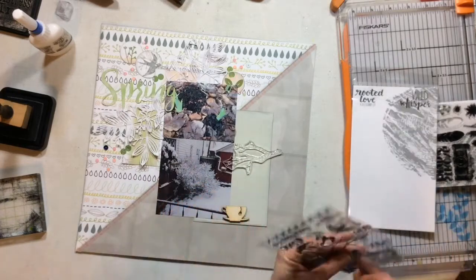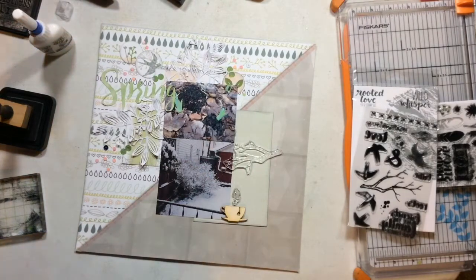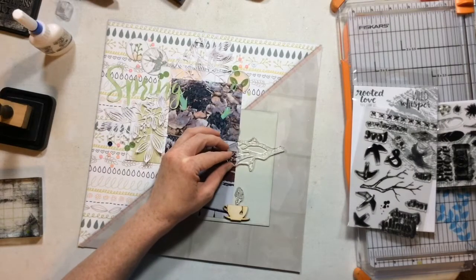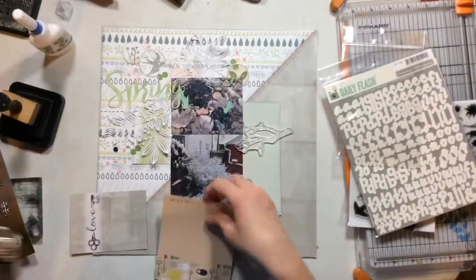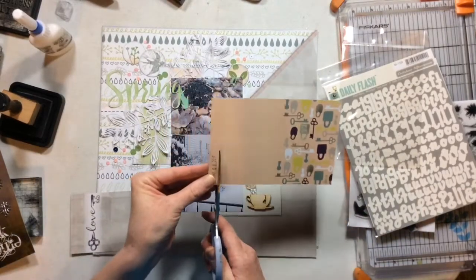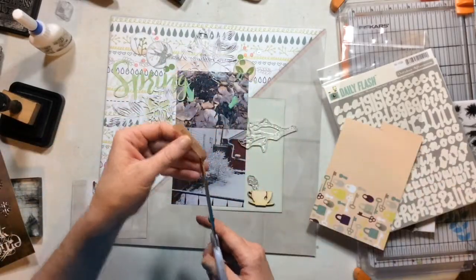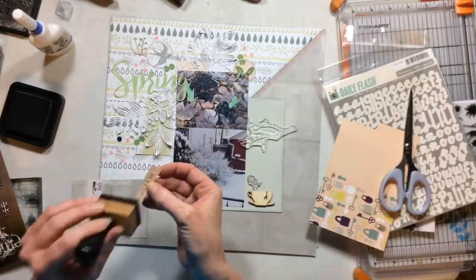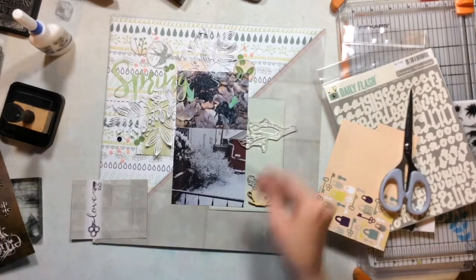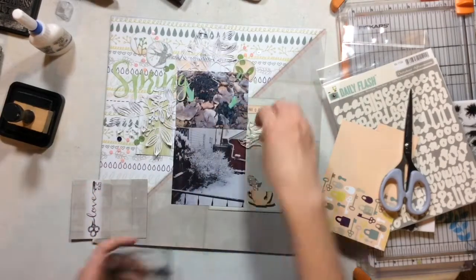In fact, I'm letting the mood of the layout and the photos and the dates that I'm going to add tell the story of how we had warm weather, it was really springy, my irises were coming up, and then 2 days later we got a snowstorm. I don't feel like I need to journal that or write that. I feel like I can tell that story with the mood and the products that I chose. So the top part of my layout has the peach and is bright and cheery,